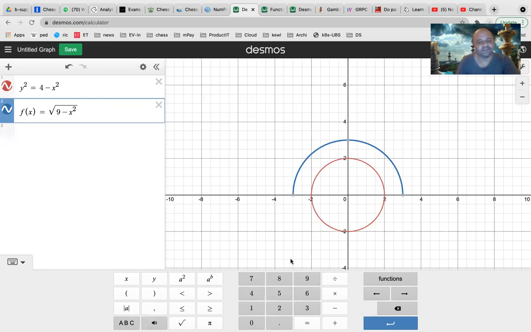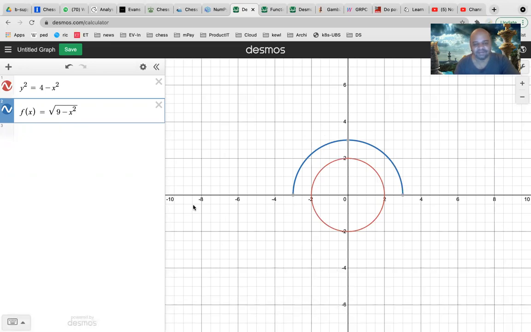the circle. Because you took the square root, it is only giving you a semicircle. That I will explain later, but you got it now. So this is the formula for the circle. You have to give it square root of something minus x square. If it is 9 here, 9 minus x square, then the square root of 9 is 3. So the radius is 3. Can you see here? The radius is 3.